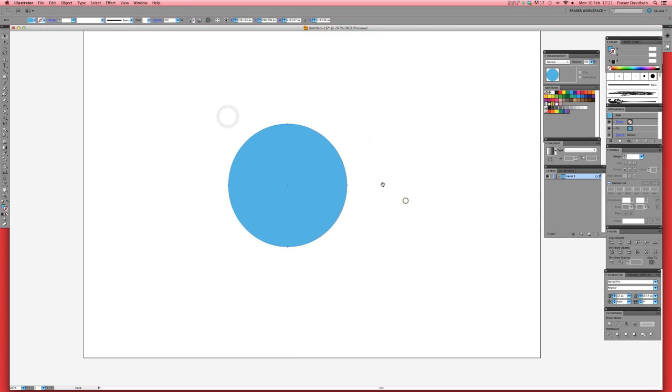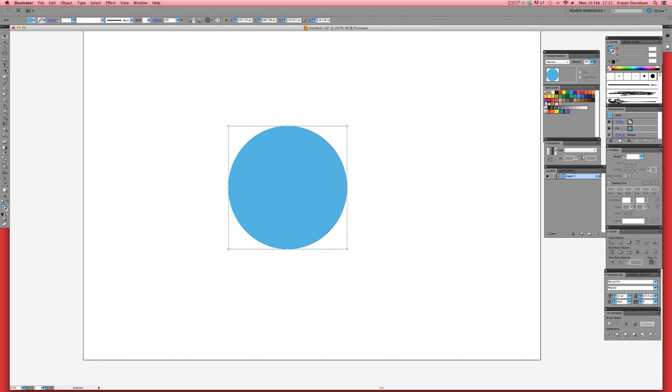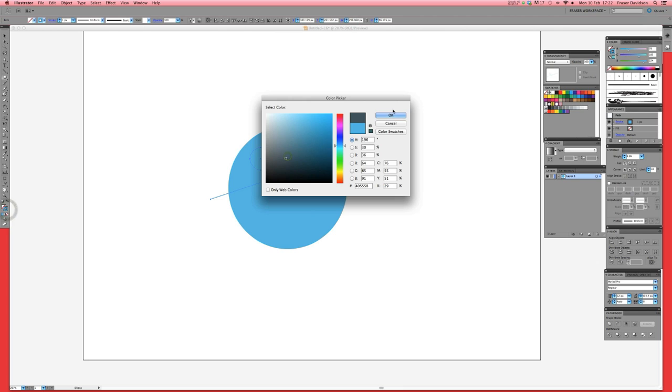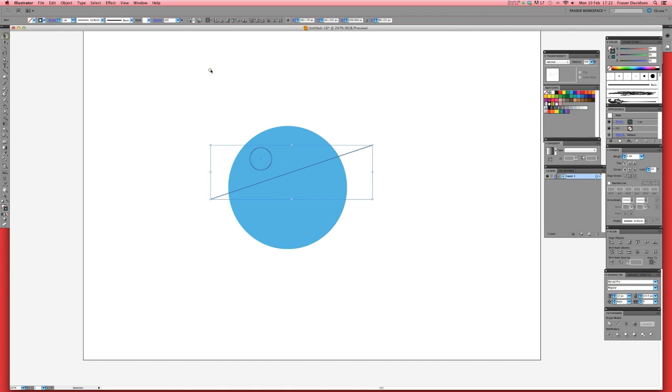Get rid of the stroke around the outside, and we're going to split this up into his jeans, and he's going to be wearing a sleeveless t-shirt. So what I'm going to do, I'm going to create a series of lines that are going to let us break this circle up into constituent parts. I'm going to colour these lines using the stroke colour here. I'm going to colour them black, and that's going to be his armhole,